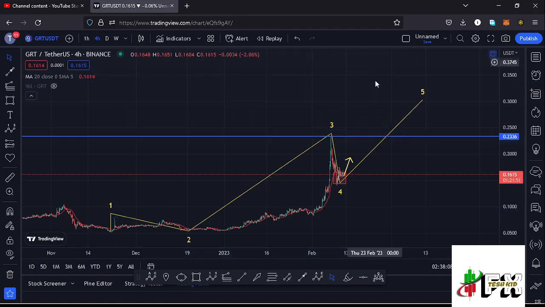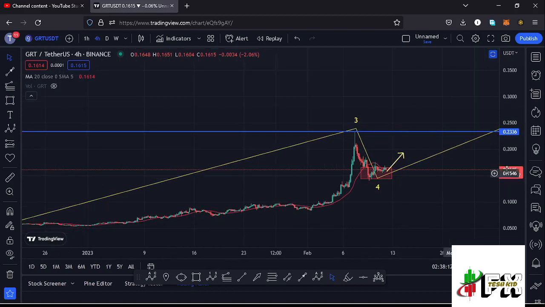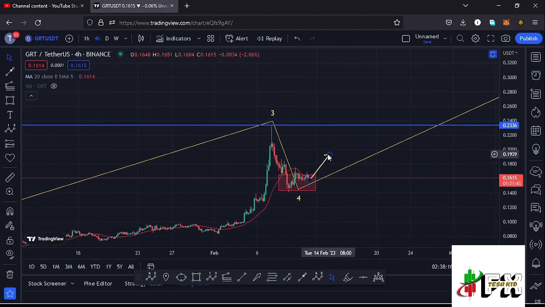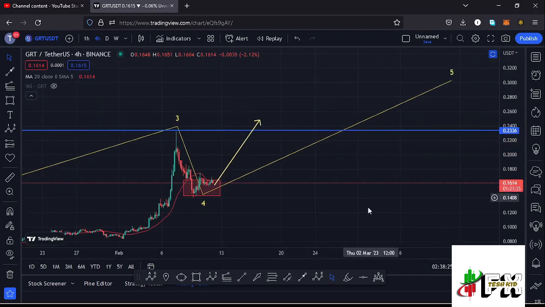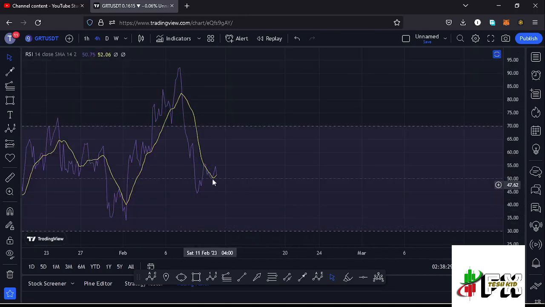So let's continue watching the 20-day MA here on the 4-hour chart, because a break above the 20-day MA could trigger another explosive move to the upside to get us back to the wave 3 high, and a break above the wave 3 high will be enough confirmation that whatever we are seeing over here is the bounce to the upside in the formation of that wave 5. And also taking a look at the indicators here on the RSI, we are trading at around the 51 mark,